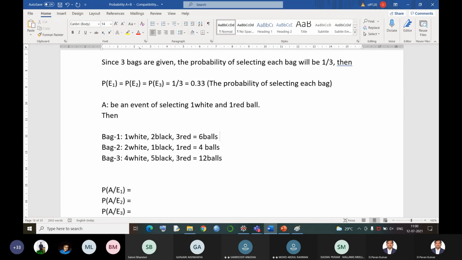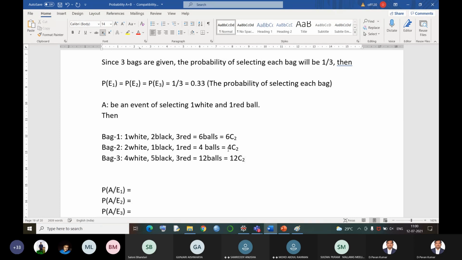Now what are they asking us to do? They want 2 balls to be drawn out of 6 balls. That means it can be drawn in how many number of ways? It can be drawn in 6C2 ways. Similarly, 2 balls out of 4 can be drawn in 4C2 ways. And next, 2 balls out of 12 can be drawn in